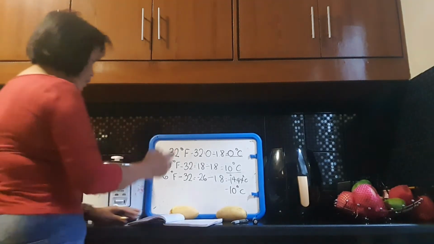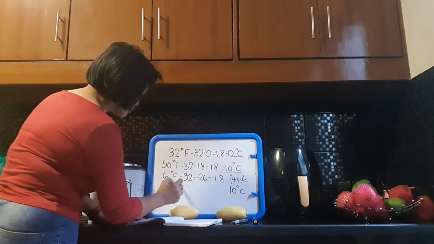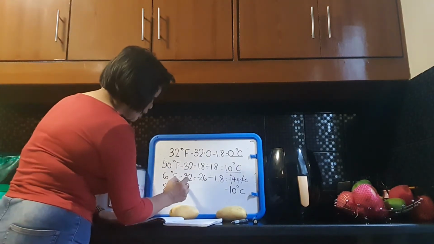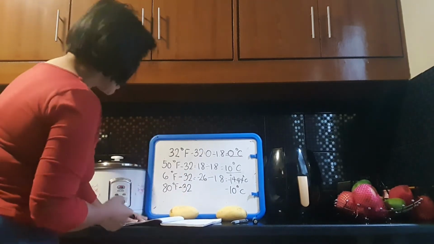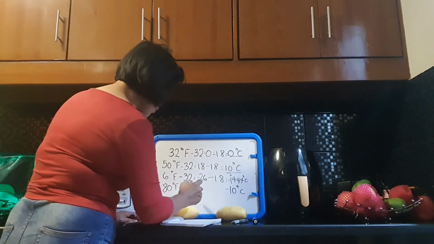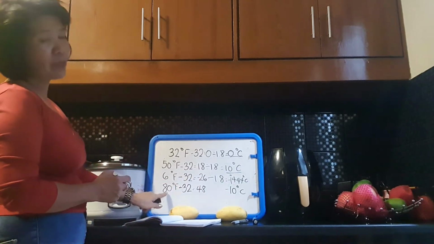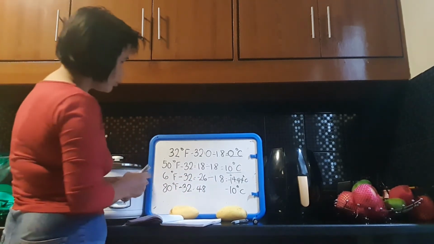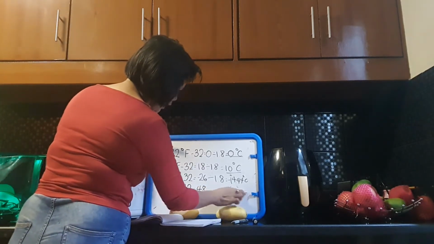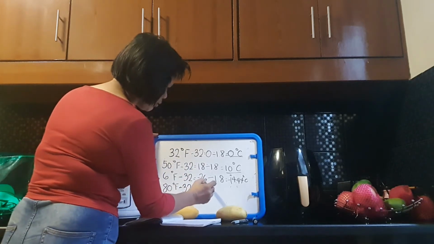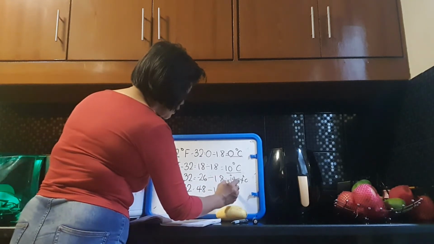Suppose you have 80 degrees Fahrenheit. What do you do? Minus 32. So positive 80 minus 32 is now 48. Why 48, Ate Glo? Because 80 is positive and this is negative 32. Then divide it by 1.8. Your answer would be 26.66